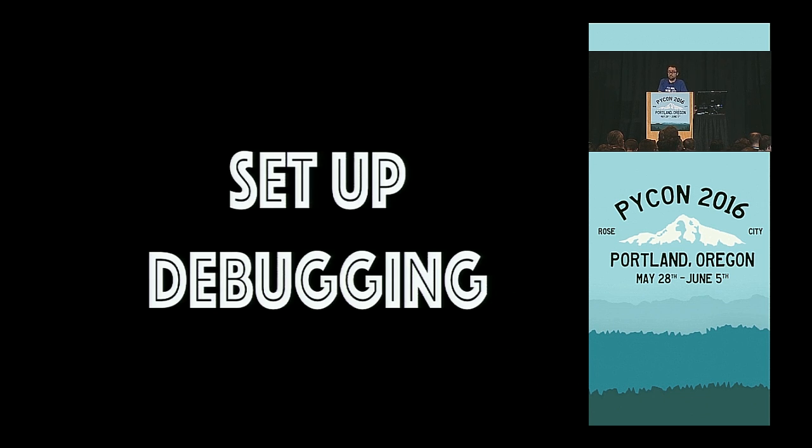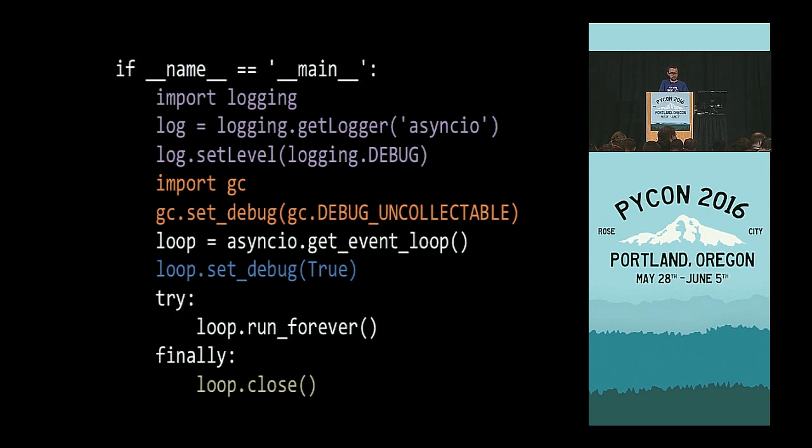Set up debugging, as I said, asyncio is very, very friendly, explaining what you're doing wrong if you let it. So a few things that you can do. Set up logging, if you need it, is very verbose, but you can do that. Set up the GC debugging, in which case you're going to see, hey, I did something horribly wrong, and suddenly I have a lot of uncollectible items. And at the end, you can just set the loop to debug, which is the equivalent of PYTHONASYNCIODEBUG equals 1, in which case it's going to start telling you all those things about coroutines being left when you're shutting down and stuff like this.